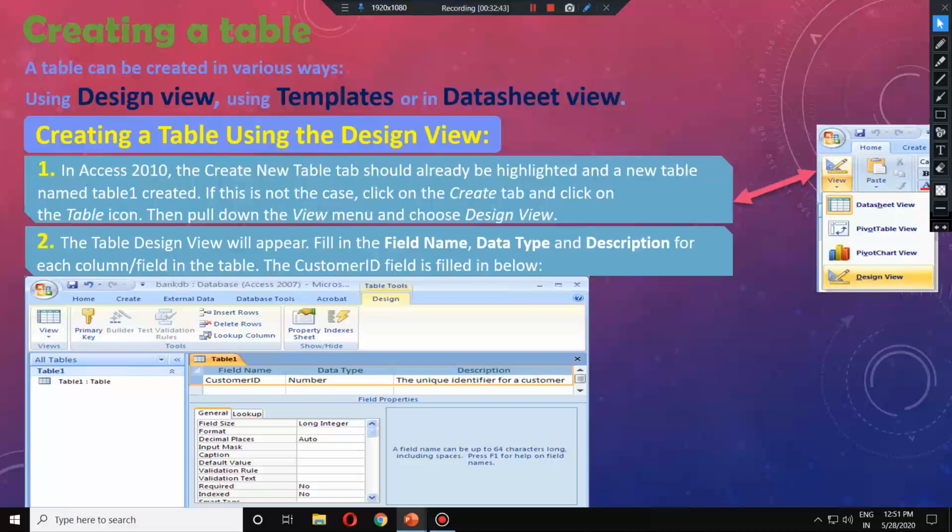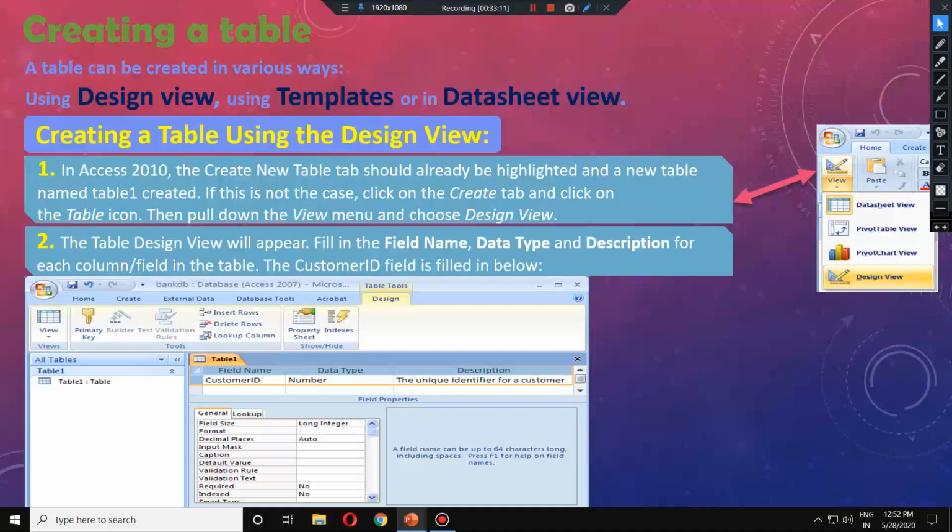One is using templates. Templates means predefined, pre-created, pre-structured, pre-formatted tables, everything already there, but you only have to fill in the information. We can select from the templates option and create them, but they will not be helpful in creating our own sort of tables.